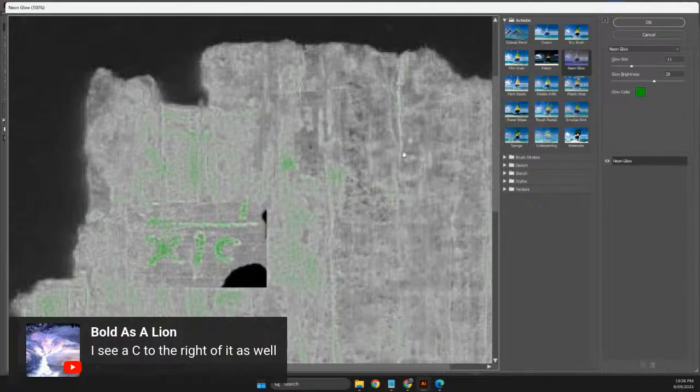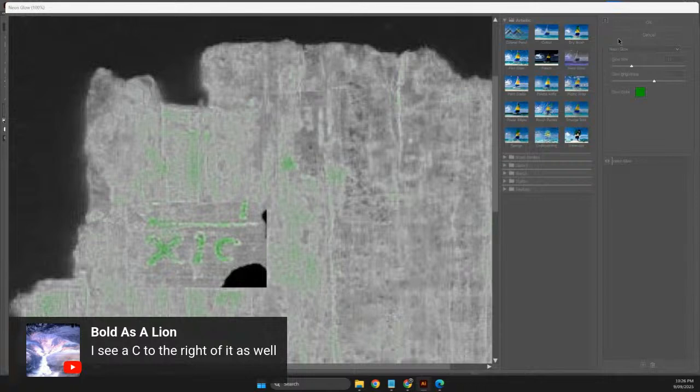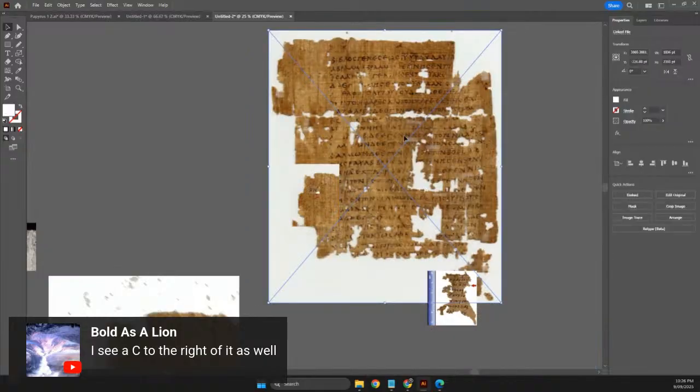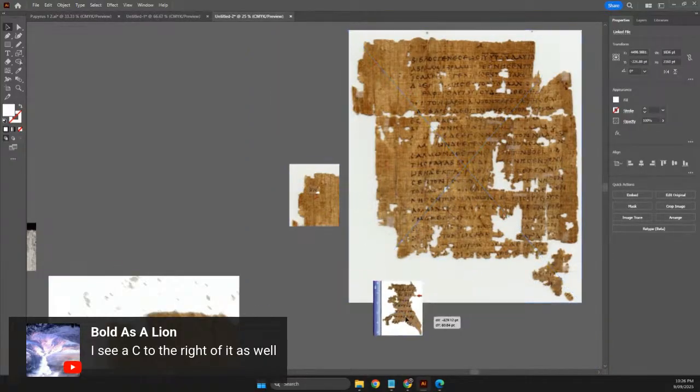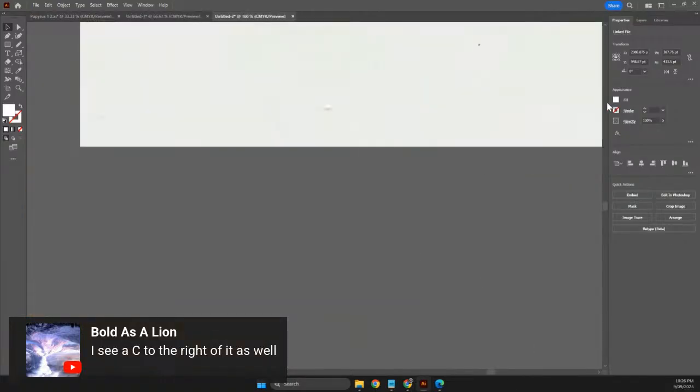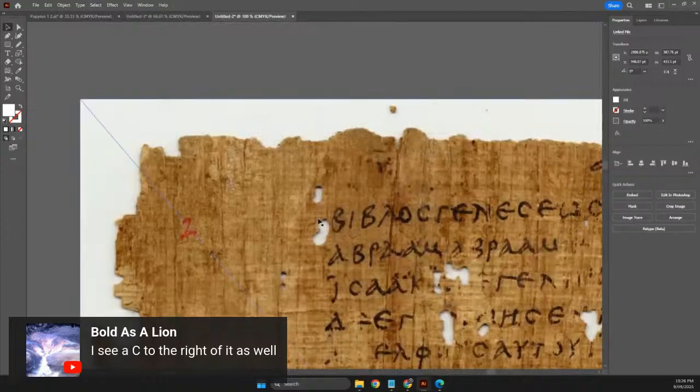Okay, yeah, I see what you're saying there, like a C there, because there could be lots of writing. When you look at this, it's quite fascinating. Let me just zoom out and we'll go to the actual text here. Zoom in. It's quite interesting that I'm starting to see a bit of a pattern of these two dots here, two dots there. It might actually be like a